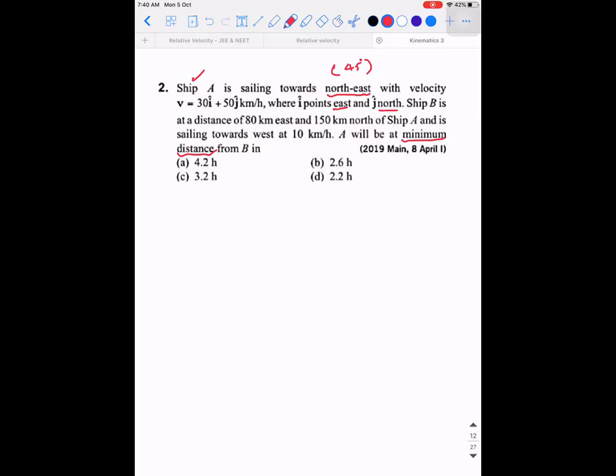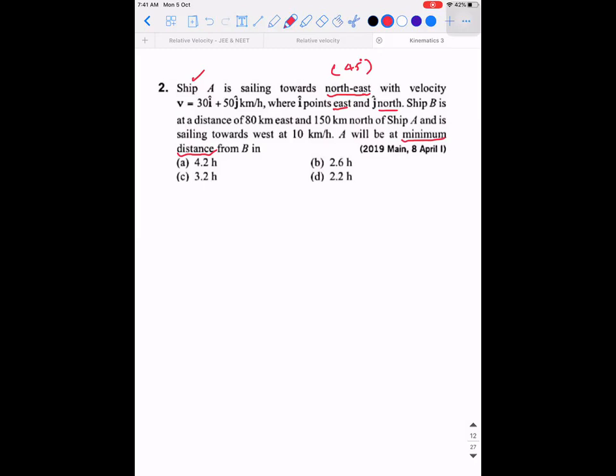So first we need to understand this question. Even before we solve this question, what comes to your mind? I've given you the hint already. I told you more than physics knowledge, your mathematics knowledge is important here. So what are the important words that I've underlined? Minimum distance. So that word minimum means what comes to your mind?